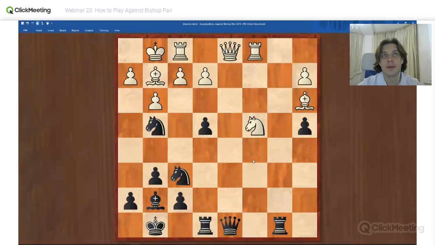White has a bishop pair, but we have a bishop too. However, the position is open. What should we do to restrict his bishops, or at least to get some tactical solutions here to be able to gain a pawn or just improve our knights or just improve our position in general? As for now, the position looks equal actually. If you were black, how would you play?